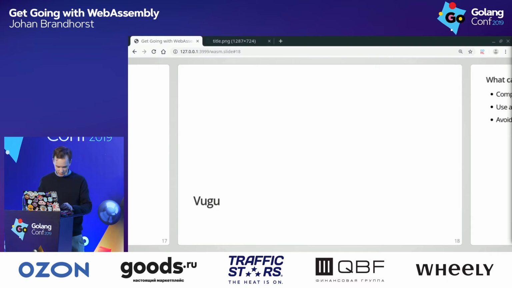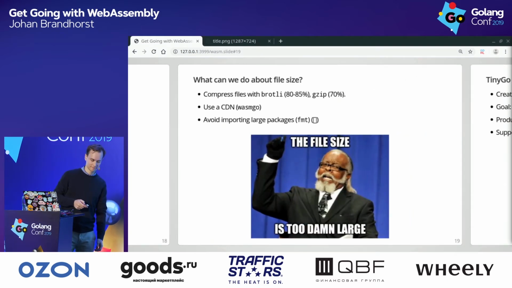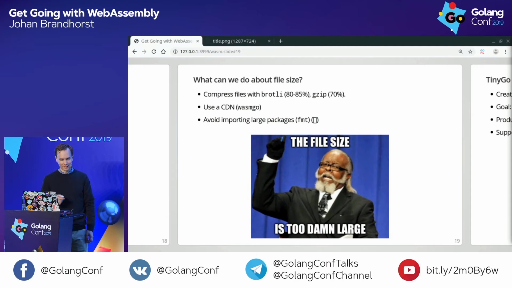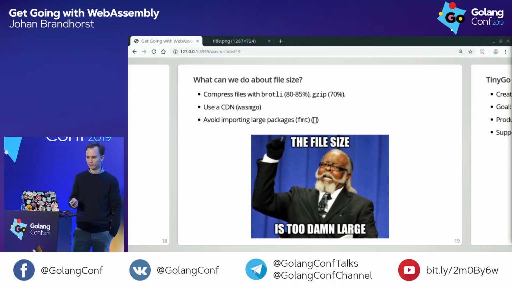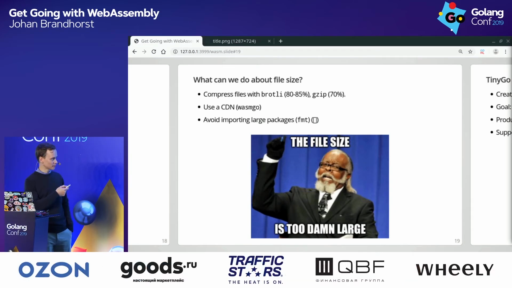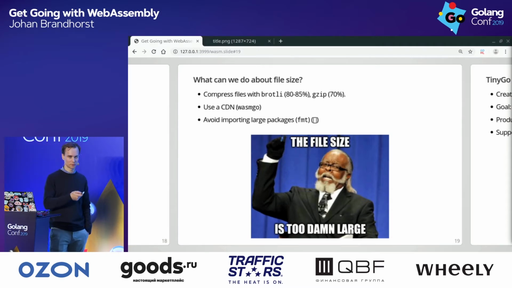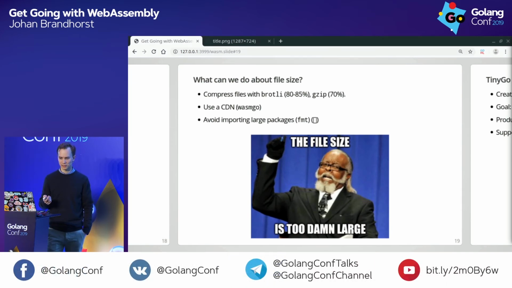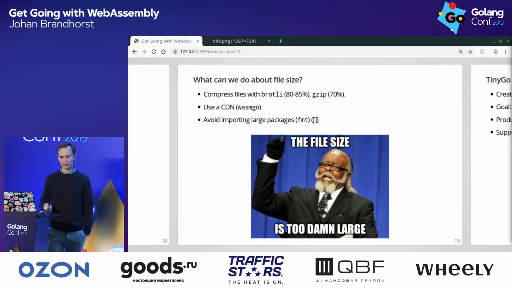Okay, so we've seen a few demos, but what can we do about file size? All the demos we looked at are served uncompressed, and we can get a quick win by using compression, and gzip compression is usually so quick that you can do it directly in the handler. And you can get something like a 70% easy win just by using gzip. Brotli brings you another few percent down, and if you use a CDN for the static files, they will add compression automatically and serve the best available compressed file to your client based on what they can support. And they will also ensure the files are available at data centers all over the globe, which will help latency and